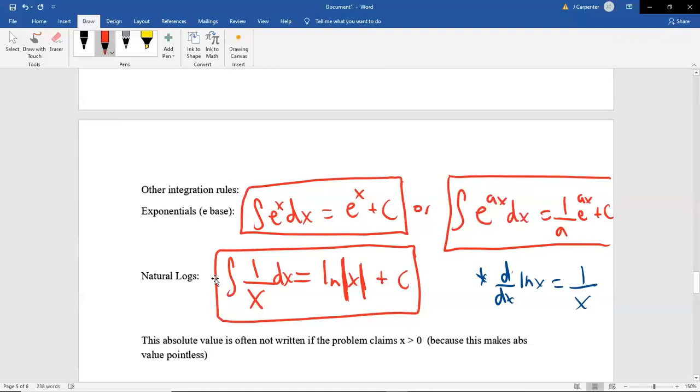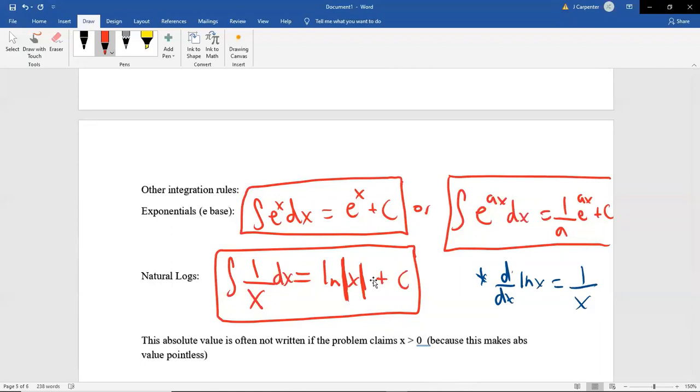But here's the problem. If I don't somewhere say that x has to be positive, we're allowing x to be negative when you can integrate it. But if you remember how logarithms work, you can't have non-positives inside of a logarithm. This x has to be positive, or the inside has to be positive. But if this x over here is negative, if this was just a regular logarithm, now you've got a negative inside of the logarithm, and you're breaking the rules. So this is kind of a weird issue. If the problem says that you're only dealing with positive x values, you don't need the absolute value. But if it's just a very generalized problem, which is more often what you'll see, you need the absolute value.